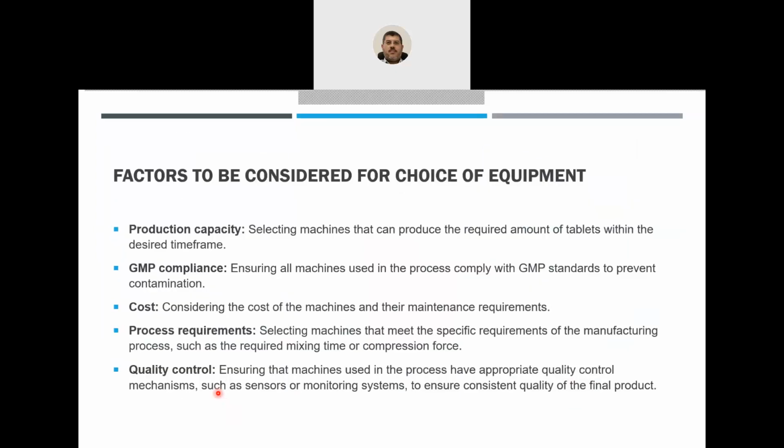Okay, so we reached almost the end. No more materials, no more machines or instruments to discuss. Just to close with some principles, like factors to be considered for the choice of equipment if you want to buy equipment for your plant. So number one, production capacity depends on your need. How much